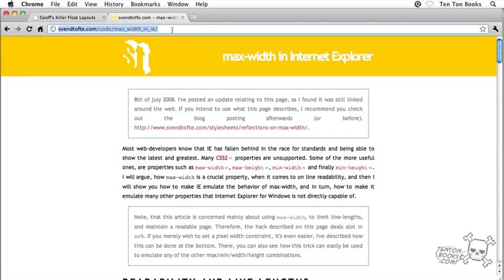But there seems to be a go-around for Internet Explorer, and it's one of these things where I know I've done this in the past, way back when I was setting up 10tonbooks.com or building some other sites that use max height and things like this, or min height in our example, and I've since forgotten, so I'd have to read up on this to remember. But anyway, here's the URL,